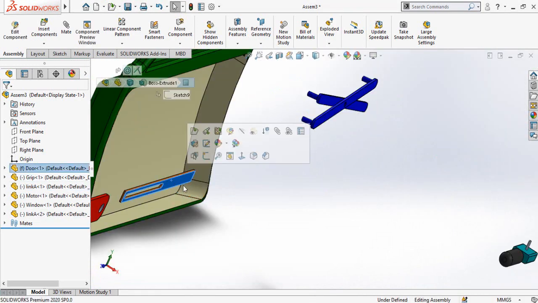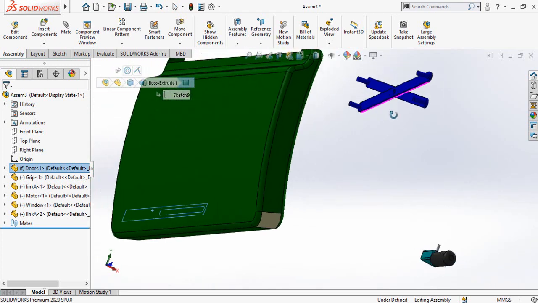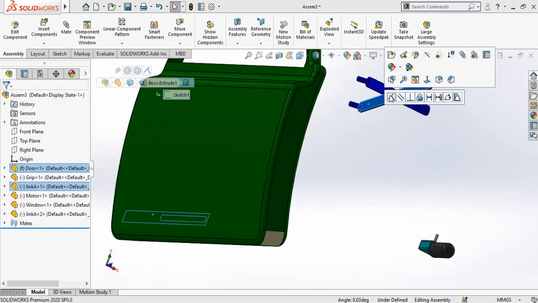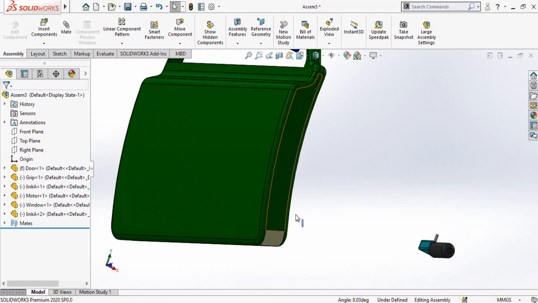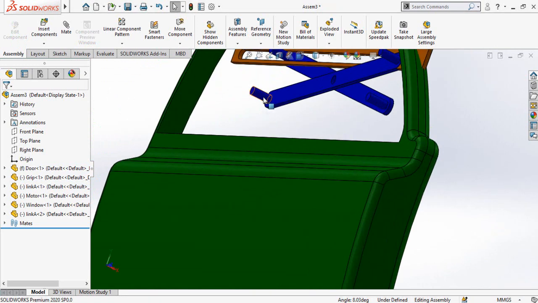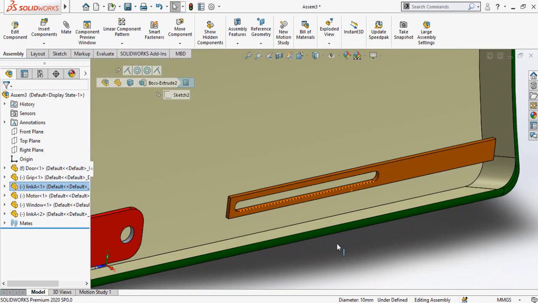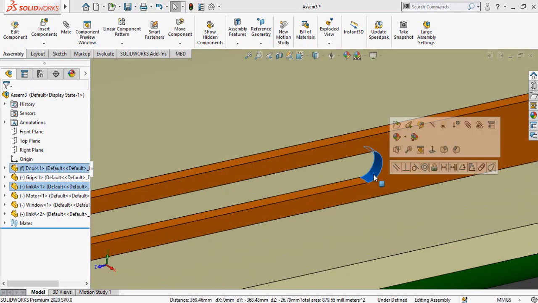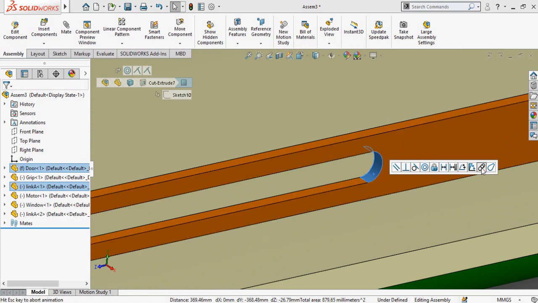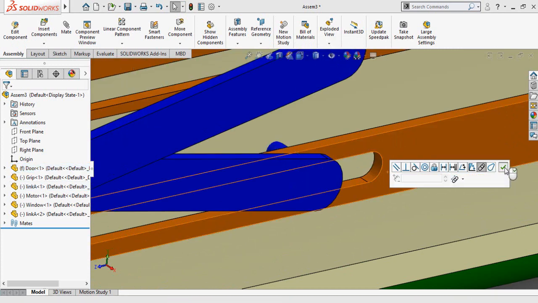Now select this face and this face and make the coincident mate between them. And once again we have to make a mate. So select this cylindrical face and this face and make the slot mate between them. Press OK button.